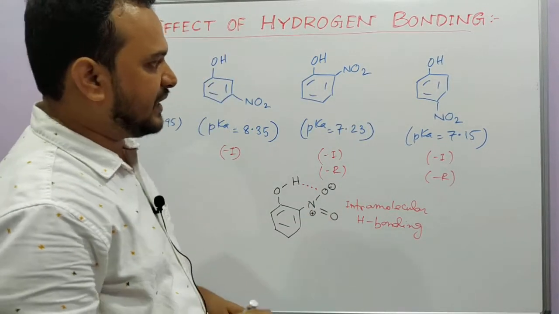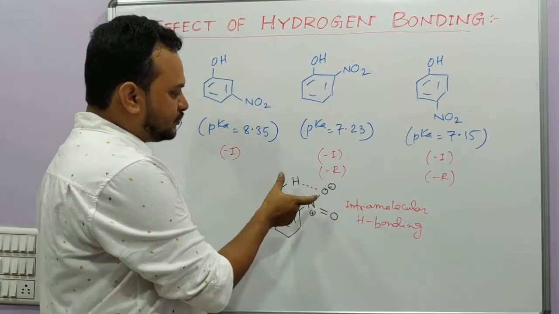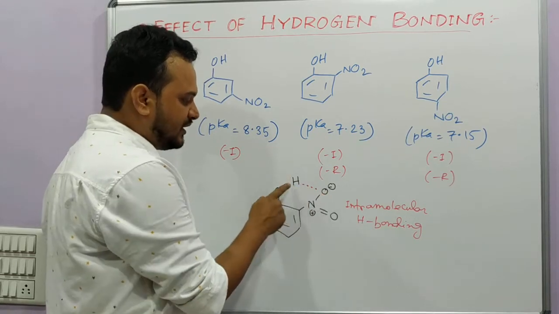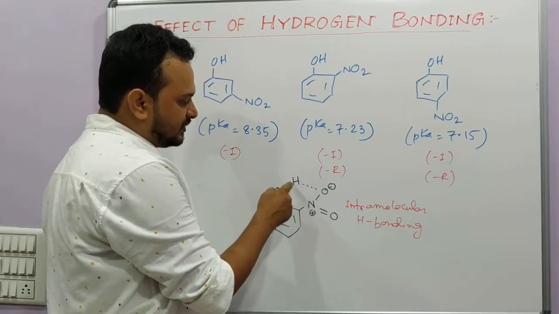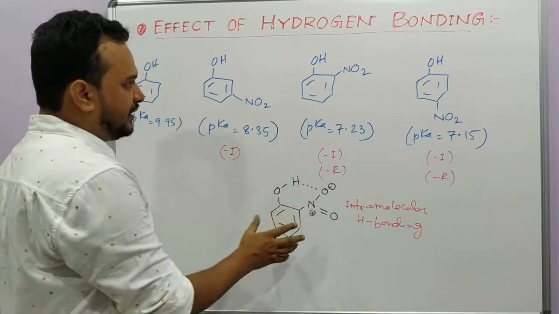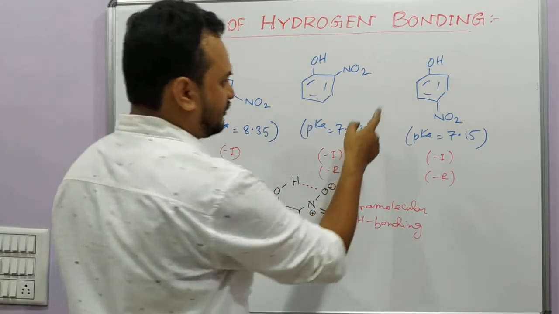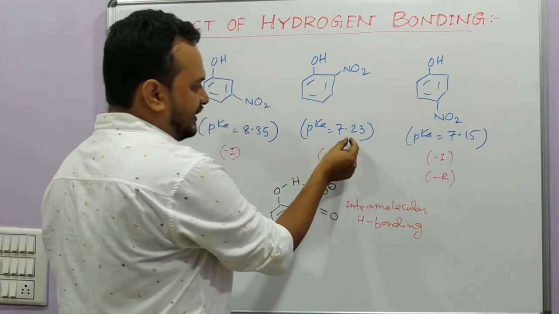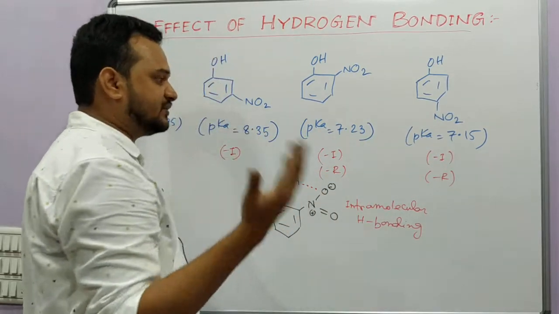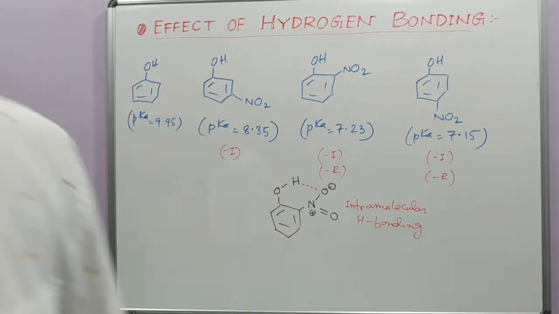Compared to paranitrophenol, because in paranitrophenol this nitro group is far away from the OH group, so there is no chance of hydrogen bond formation, because hydrogen bond can be formed only if in close proximity of this hydrogen you can find some highly electronegative atom. So because of this hydrogen bonding, the elimination of this hydrogen as H+ is a little bit more difficult than in paranitrophenol, and hence even this little difference of pKa value, that is of acidic strength, can be explained in terms of hydrogen bonding.